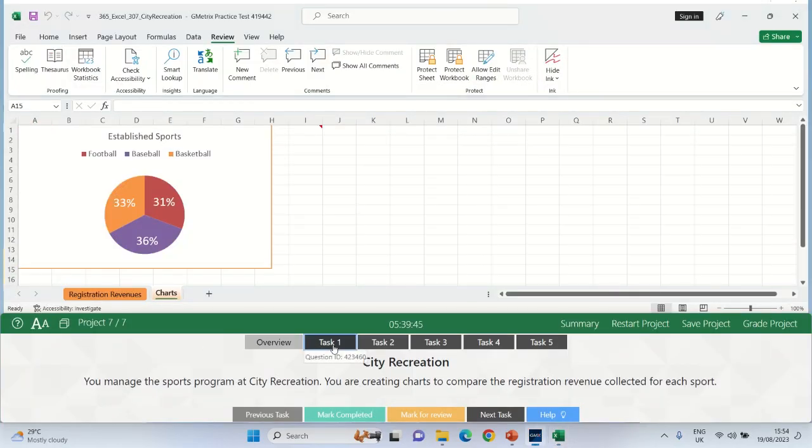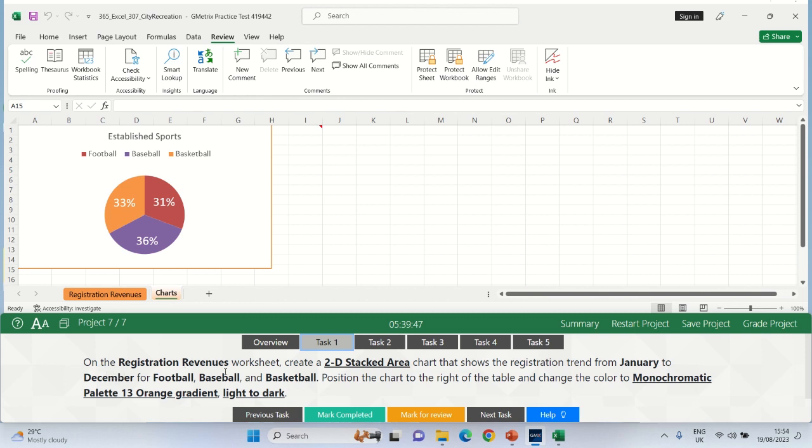Project 7, task 1. On the registration revenues worksheet, create a 2D stacked area chart that shows the registration trend from January to December for football, baseball, and basketball. Position the chart to the right of the table and change the color to monochromatic palette 13, orange gradient,